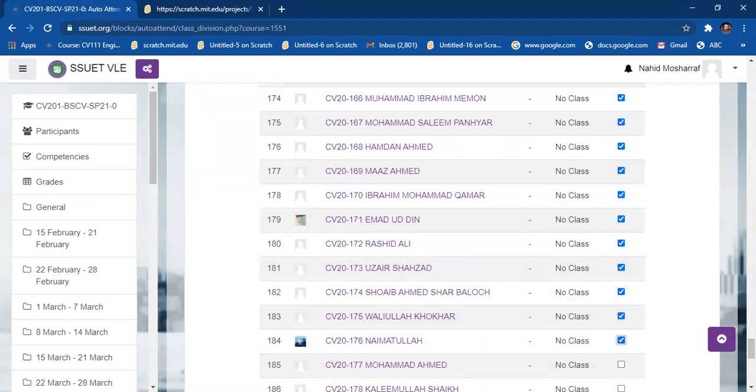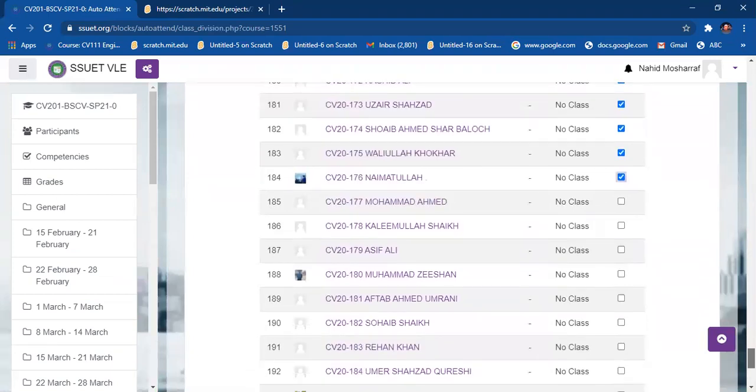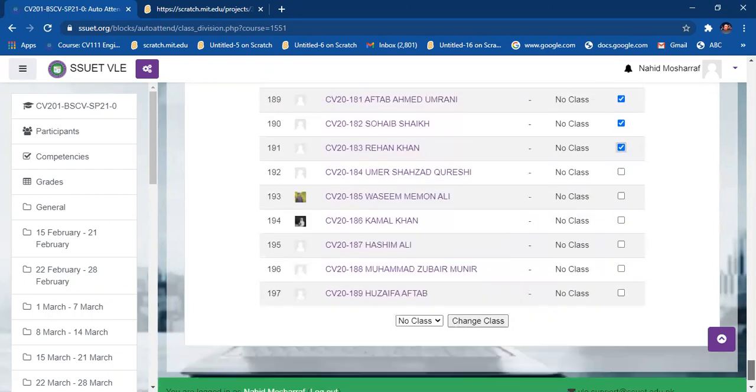So right now I am doing it manually because I have to change their classes only for section D. There are only 50 students, or maybe less than 50 students, so it's not a big issue to do that. So you can see over here.